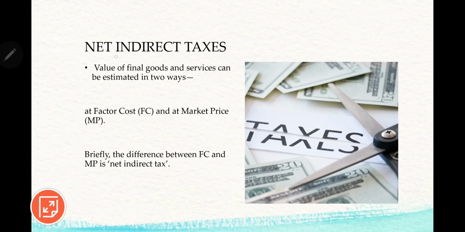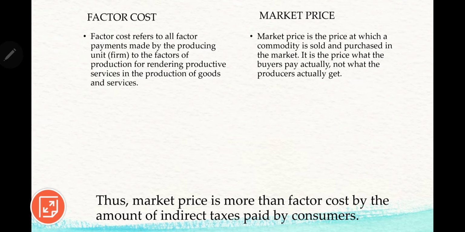Coming to the second important concept, net indirect taxes. Value of goods and services can be estimated in two ways. Firstly, it can be estimated at the factor cost, or it can be estimated at the market price. Briefly, the difference between factor cost and market price is net indirect tax. In order to explain it in a better manner, first let's understand what we mean by factor cost and